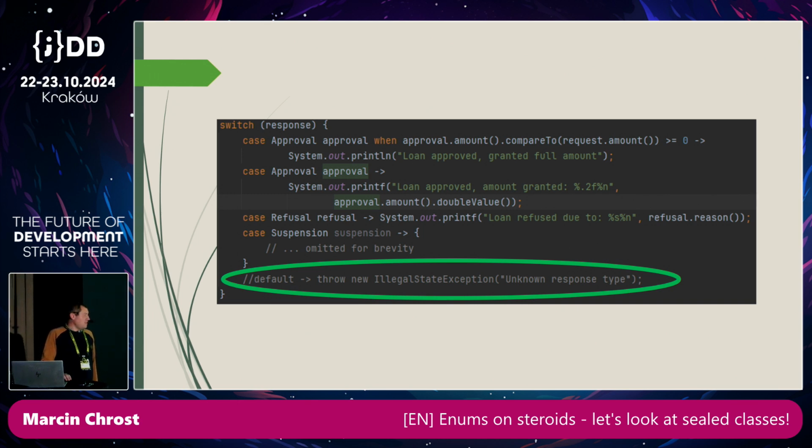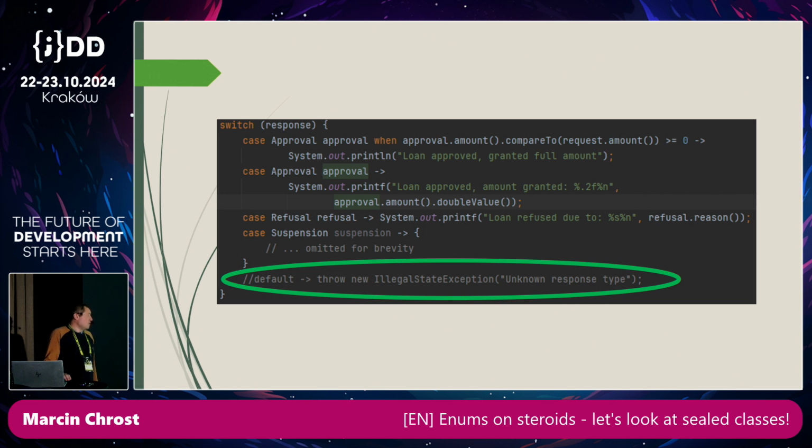the switch, I deliberately omitted the default clause because it looked very ugly. However, if you tried to compile this switch without the sealed modifier, the compiler would complain about it and would not allow it. Why? Because the compiler would say, okay Marcin, you have this response, this interface. Okay, you have these three possible,